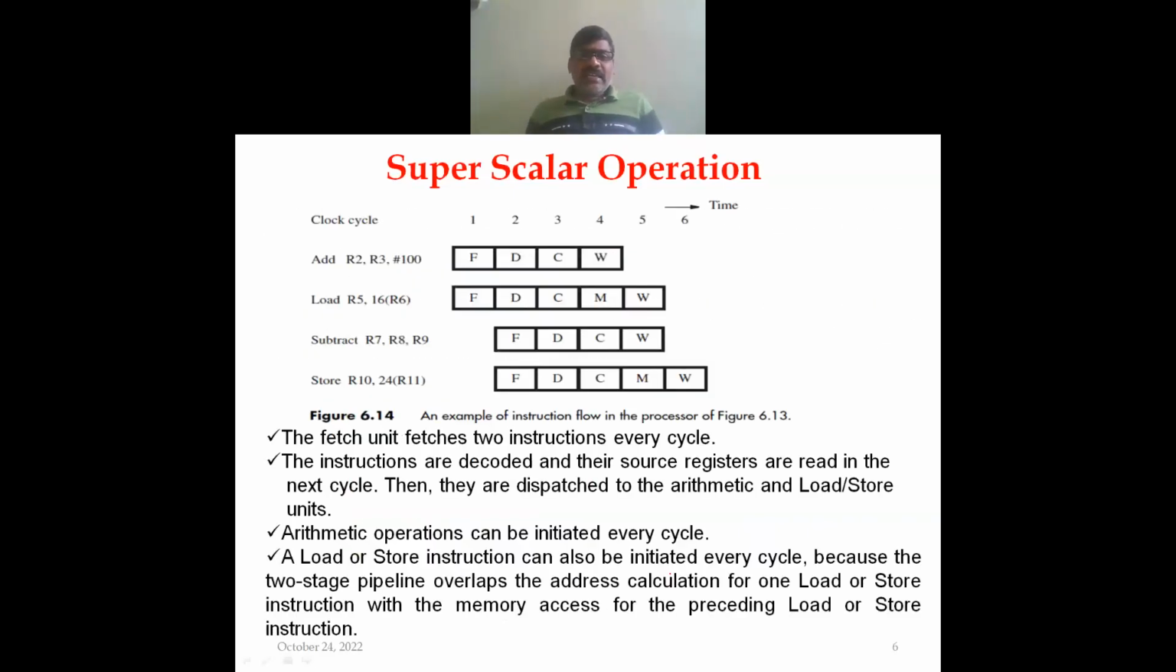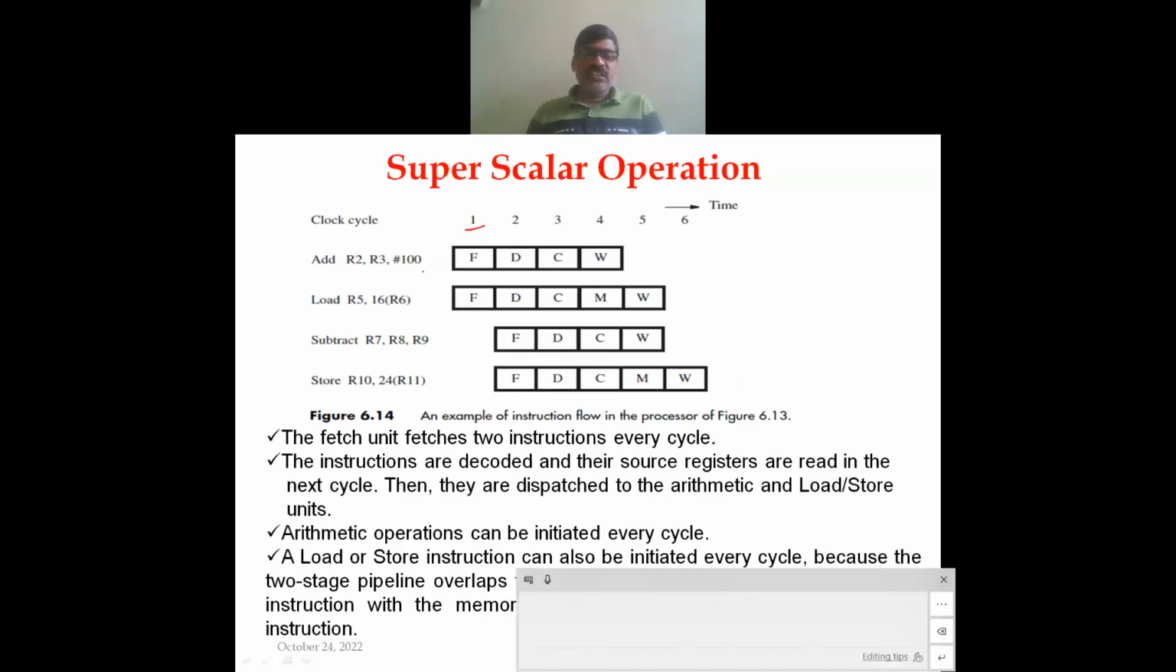So during a clock cycle, the fetch unit fetches two instructions. Okay, so during this clock cycle one, these first instruction and second instruction are fetched, and they are kept in the instruction queue. Fine. So during the second clock cycle, now these first two instructions will be moved to the decode stage,